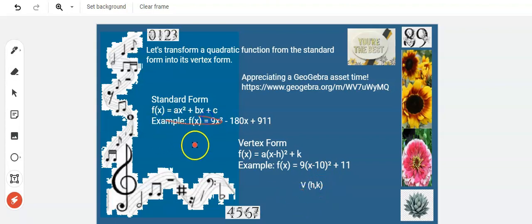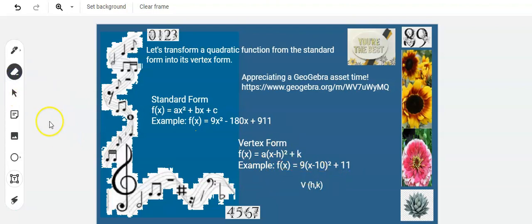So here's an example. With the standard form, we have f(x) = 9x² - 180x + 1. Form, the vertex form, only vertex form. f(x) = 9(x - 10)² + 11. Okay, so sa kaning